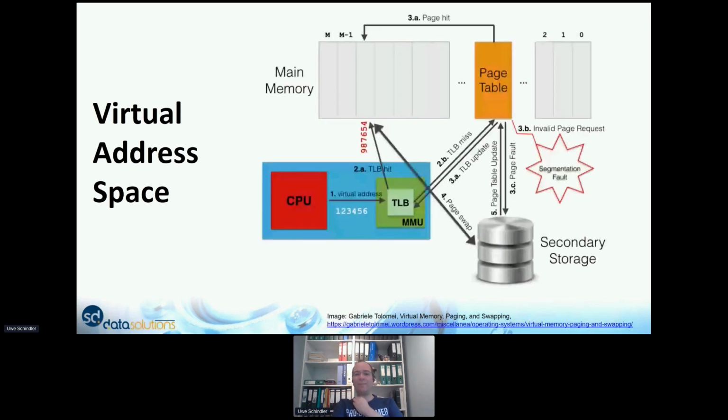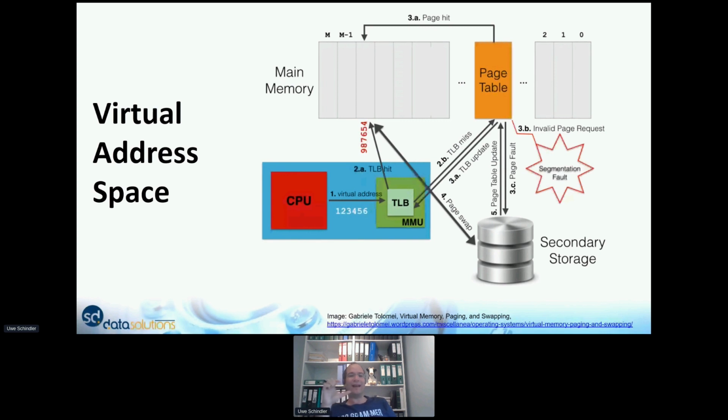Basically what happens here is on the left side, the red CPU box, for example, you have your process, the Java process, and you want to access some virtual address, which is starting at 0. So your process starts at address 0 and has a large virtual address array. It wants to access a specific address here, 1, 2, 3, 4, 5, 6. And then there's some chip inside the CPU, which is called the memory mapping unit.